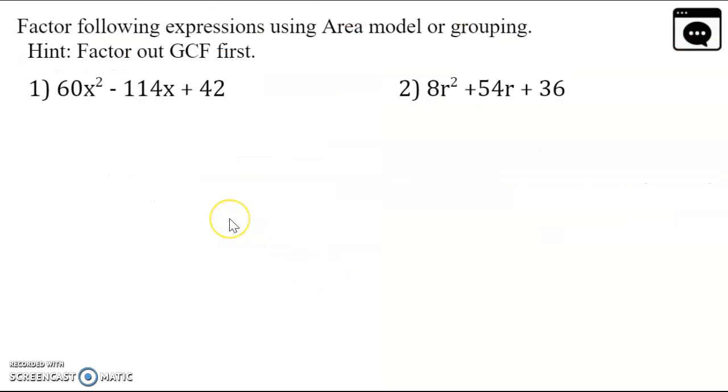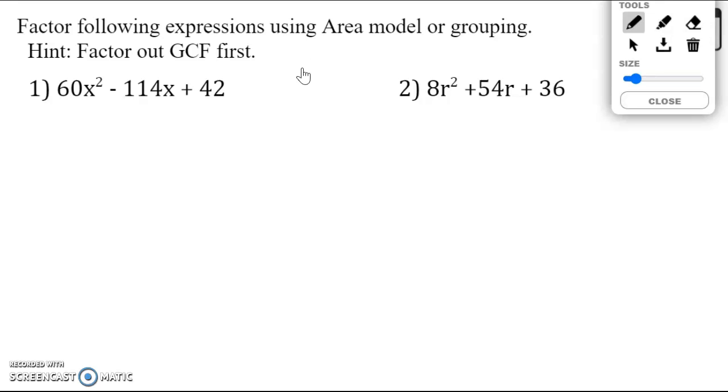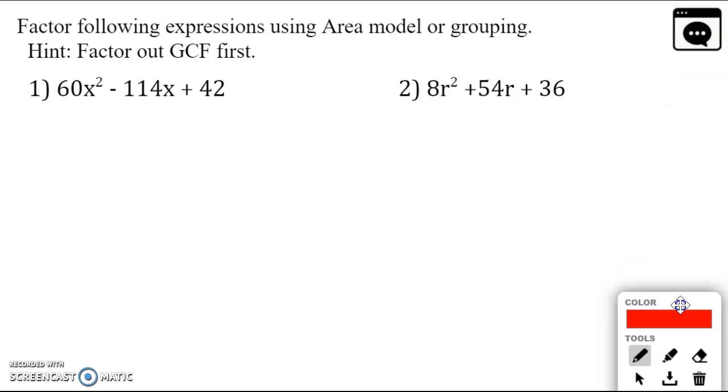All right, so then I want you to get some practice. I want you to factor the following expression using the area model or grouping. Okay, but the hint is factor out the GCF first. Okay, so what do I mean by that? What is the GCF? Well, the first thing you should do whenever you need to factor an expression,